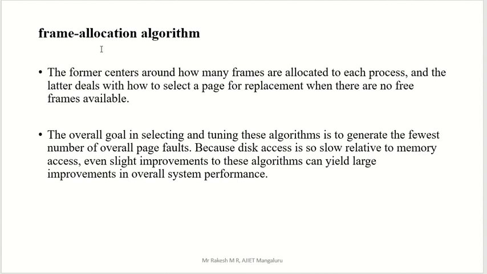So actually, for the frame allocation algorithm, the main point is that the main memory size is limited. So we can't allocate all the frames to all processes. We have to divide them. That concept we are going to see in the next slides. But the question is how to allocate frames for the processes, and that is the frame allocation algorithm.